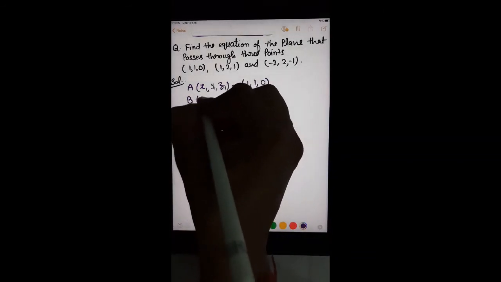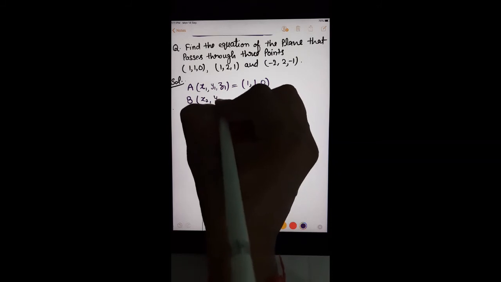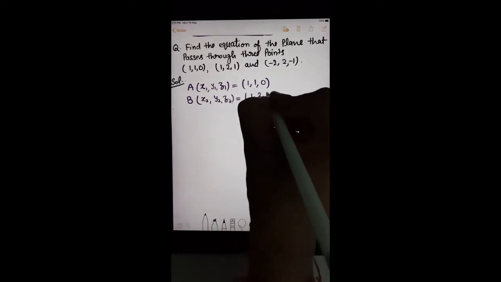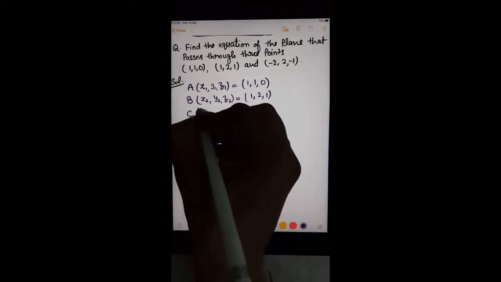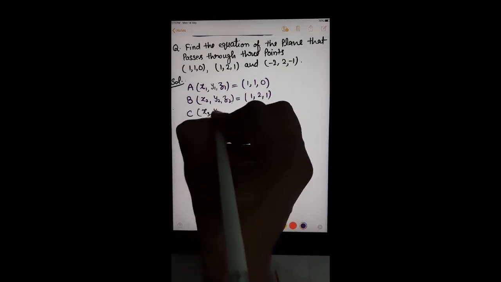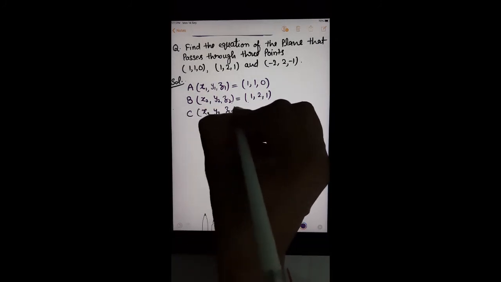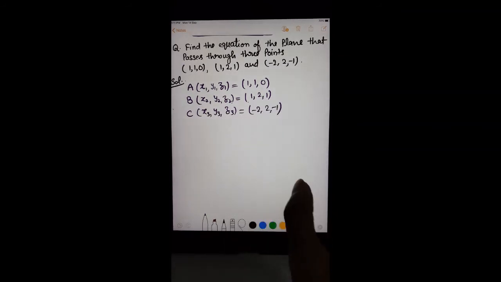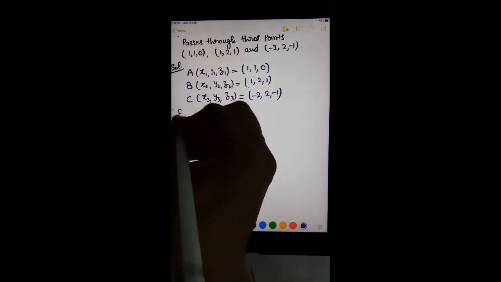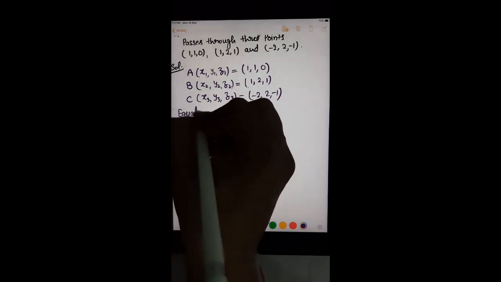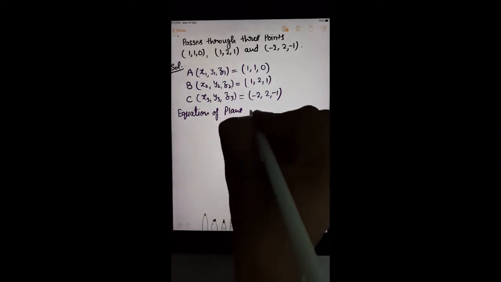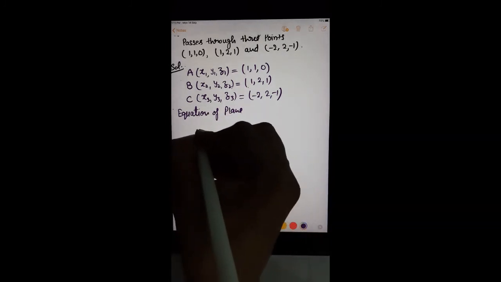Coordinates of B, these are x2, y2, z2. So these are 1, 2, 1. Coordinates of C, these are x3, y3 and z3. These are -2, 2 and -1. Now the equation of the plane passing through 3 points is given by